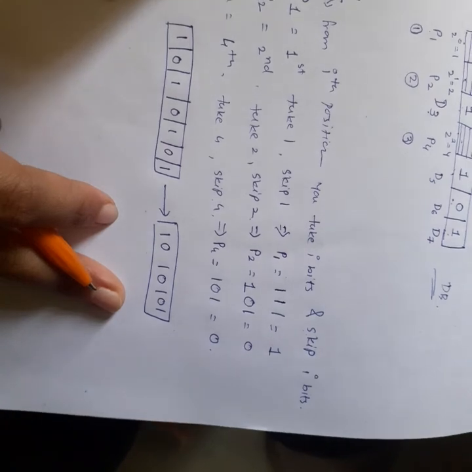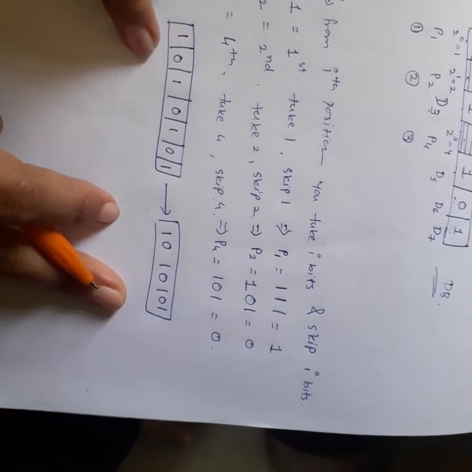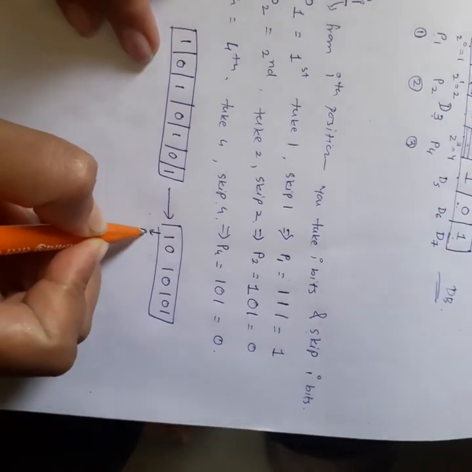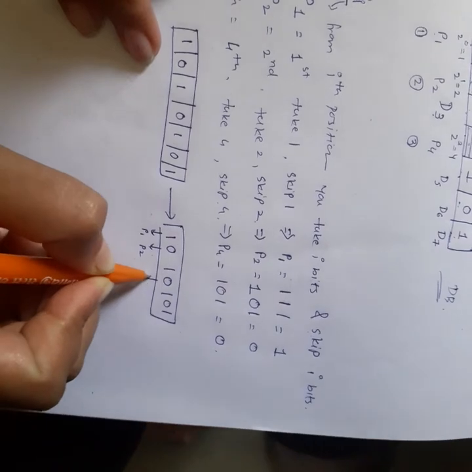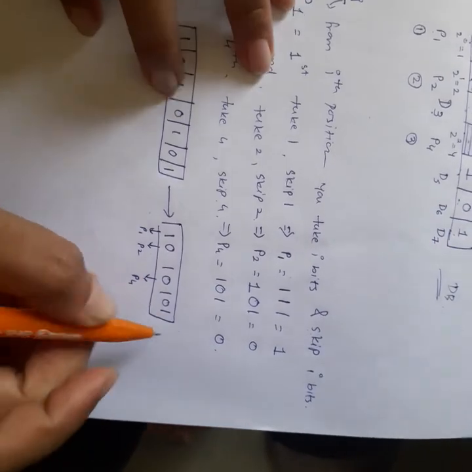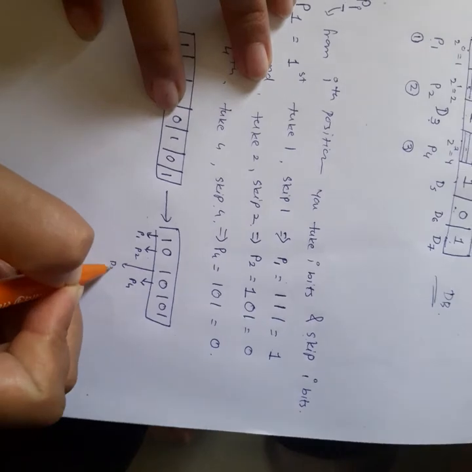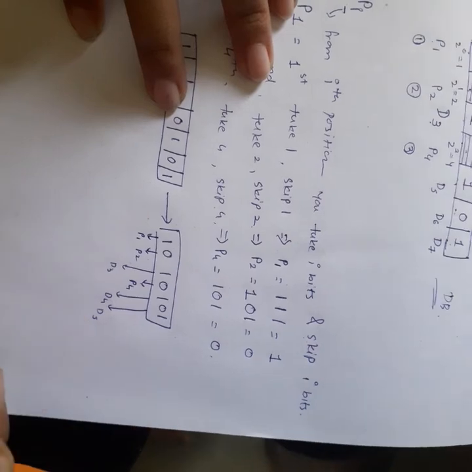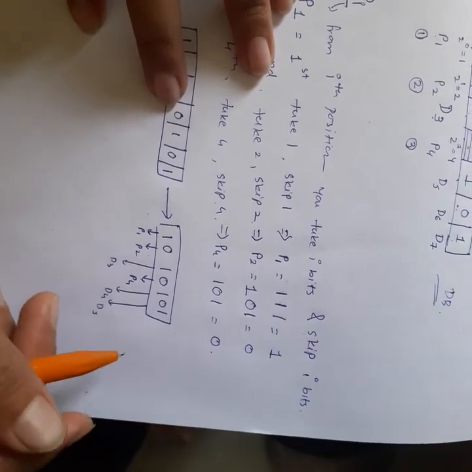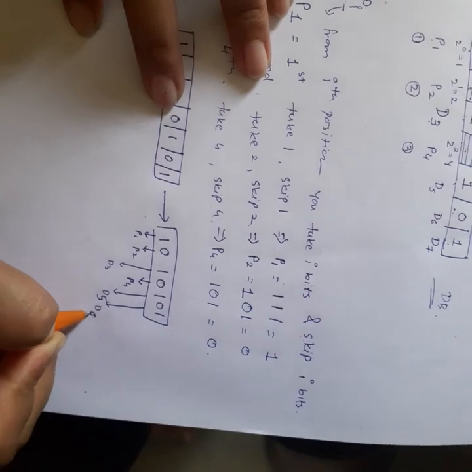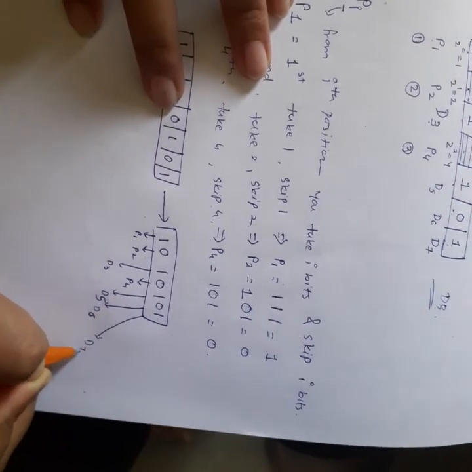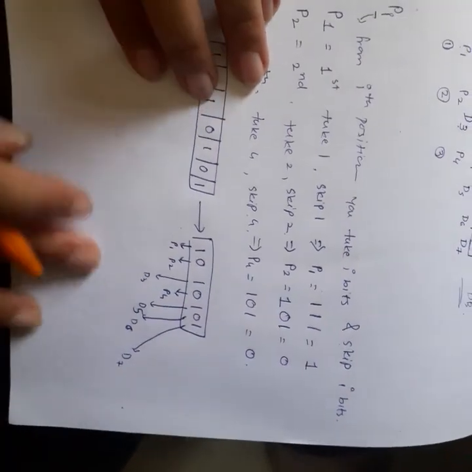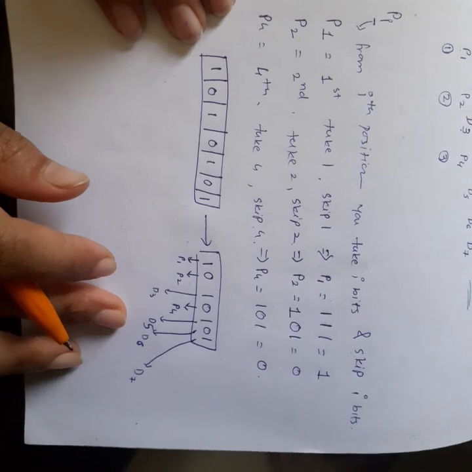So the receiver is also going to cross check whether the parities are matching or not, or whether any bit got flipped or not. In that scenario, he knows that this is parity number 1, this is parity number 2, this is parity number 4, we do not have parity number 8, and this is data number 3, this is data number 4, this is data number 5, this is data number 6, and this is data number 7. Okay, right? Likewise.